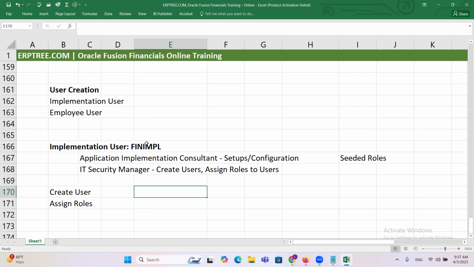So we created a user and assigned these two roles to the user. What is the purpose of these two roles? We discussed it at a very high level, not in very detailed level. Going forward, we'll understand more detail. But now these are the points we have to understand. The purpose of the application implementation consultant role is